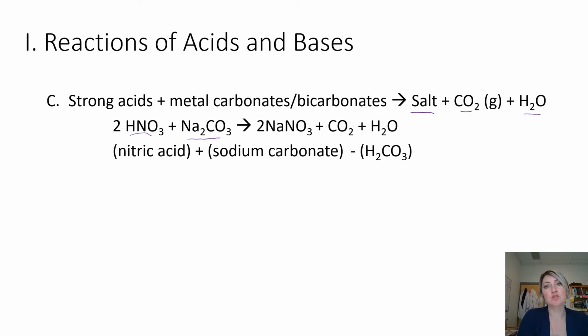Carbonate is going to accept 2 protons. When it does this, it's going to form a salt, sodium nitrate, and it's also going to form this one down here, which is not actually shown as part of the reaction. What this is, is carbonic acid. So notice that my carbonate accepted 2 protons right there. Oh, I didn't write that right. It's carbonic